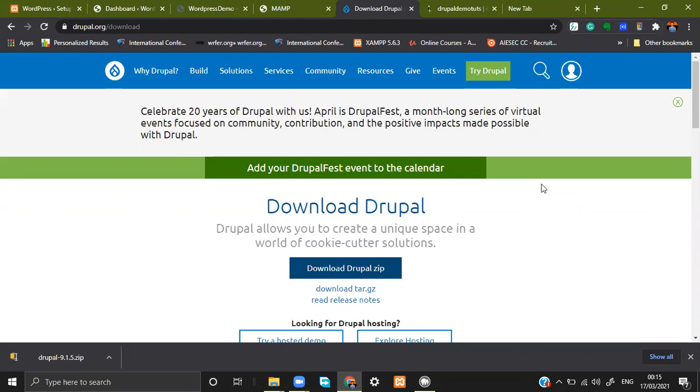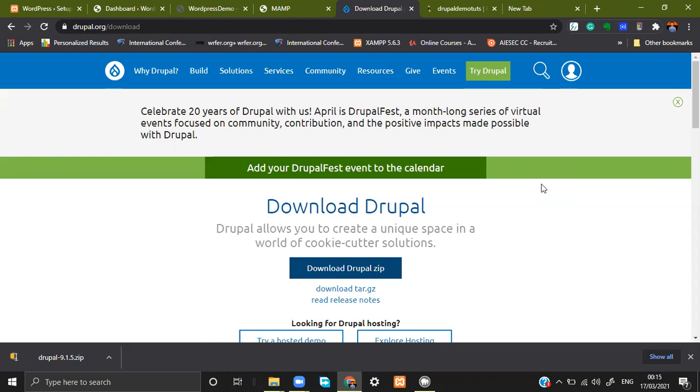And then once we have done that, we can go to localhost and follow the same steps that we followed when we were working with WordPress, where we gave the database name, username, and the password. And once the configuration is done and Drupal is installed,